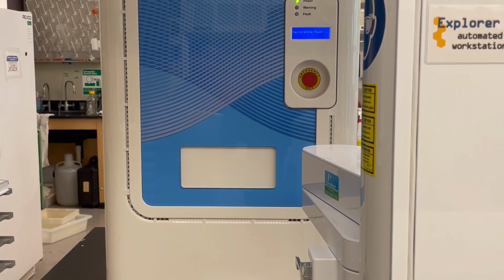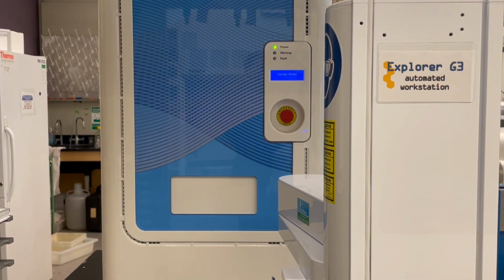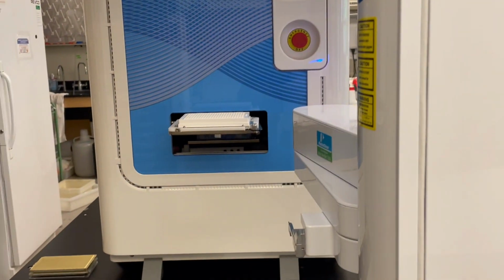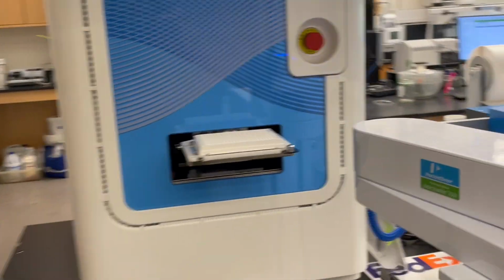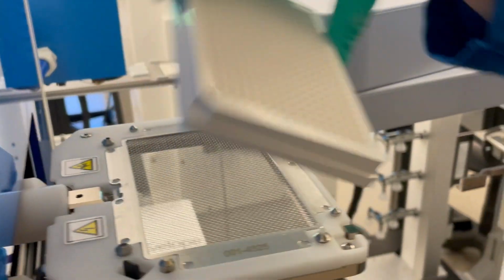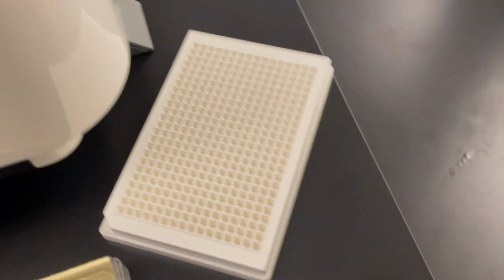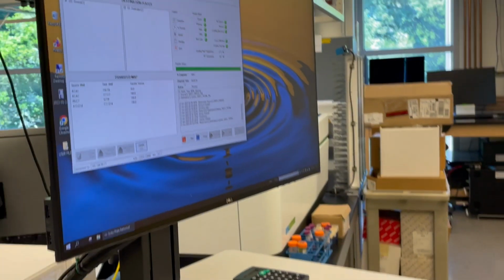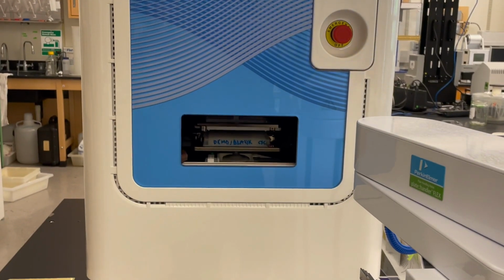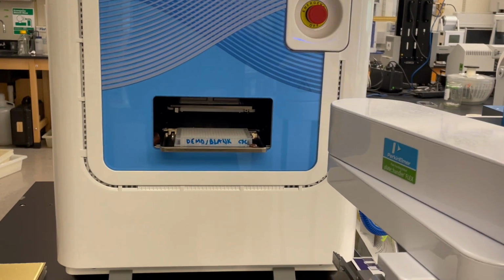And now it's doing the transfer. There's a progress bar. This was very quick because we only just transferred a couple of things. So there's our destination plate. It says, please remove destination plate. Yeah, it's empty because we were just dispensing from an empty plate. You click OK. It's going to put that back. Bring out the source plate.